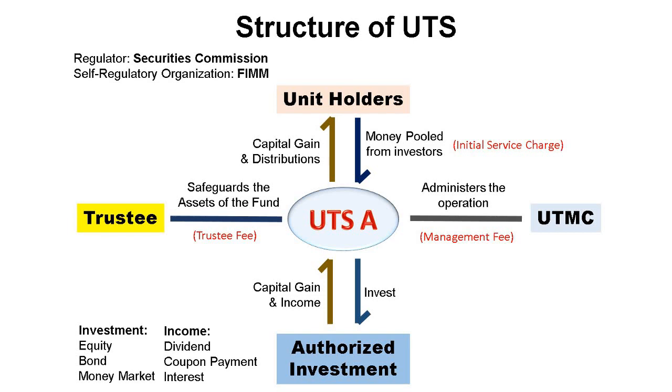Remember I told you? That is a tabung where the trustee, the whole gang here, takes care of the money. Whereas the fund manager, UTMC, on this side, will use the money to buy shares in Malaysia, in China, in Hong Kong, US, and so on. So they are the ones who decide to buy and sell. But the money is always under whose name? Trustee's name. To safeguard.